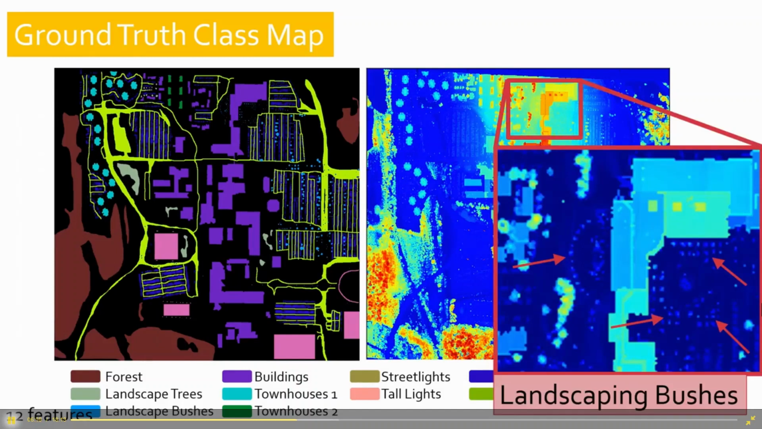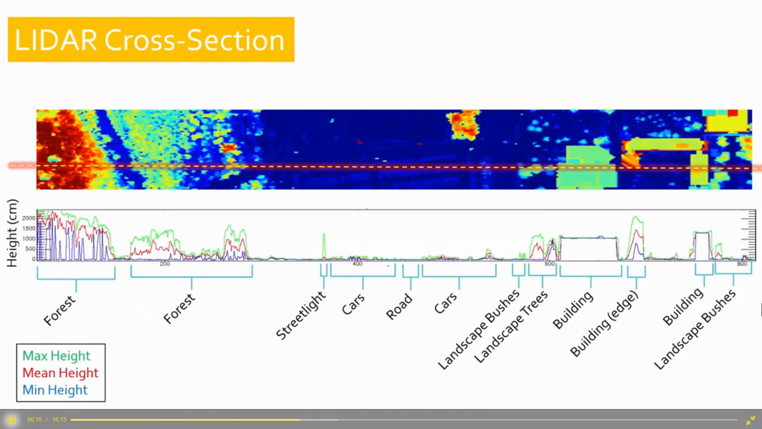And that's the landscape bushes. It's kind of hard to see on the other one. So if we look at this line going across our data, and then we have plotted the LIDAR data for it, and we have the max, the mean, and the min heights, you can look and you can see where the building, the max and the mean and the min are all very similar. Where you can see the trees, the max and the min are quite different. So you can use this to kind of define